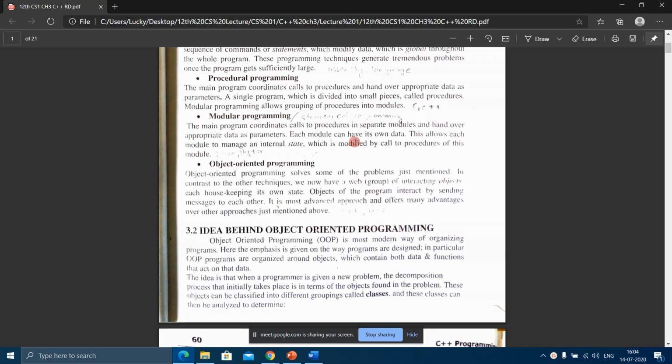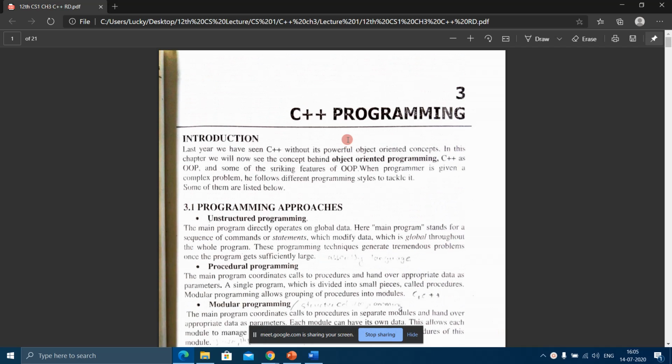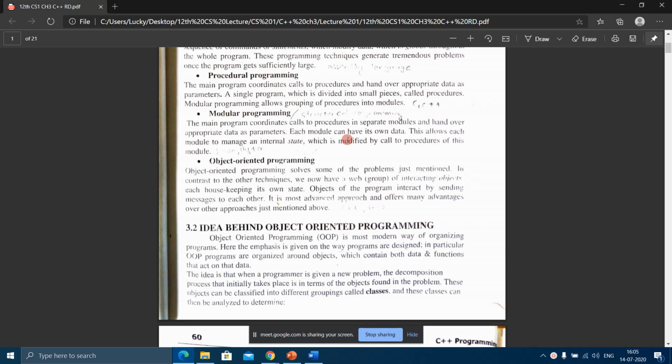So we had done unstructured programming, procedural programming, and today we have to start with modular programming. Let us see what is modular programming.